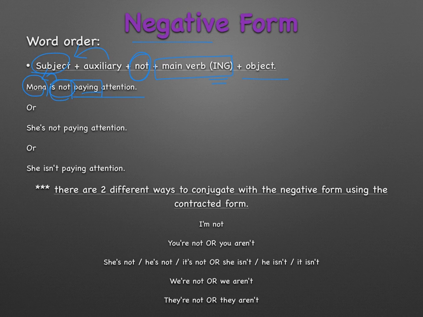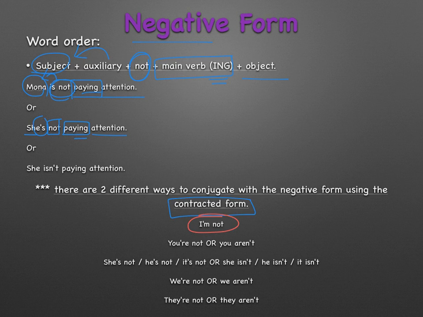You could always use the contracted form. In that case, you would use the pronoun she's, contraction, not, negative form, paying, ing, my action verb, attention, the object. There are two ways to conjugate with the negative form using contractions,